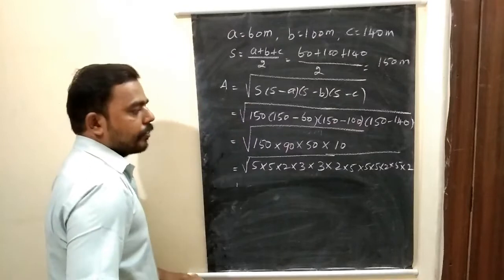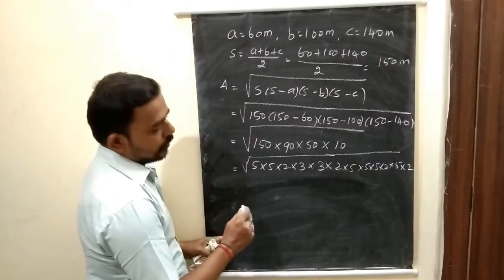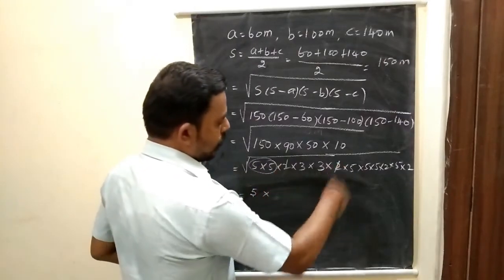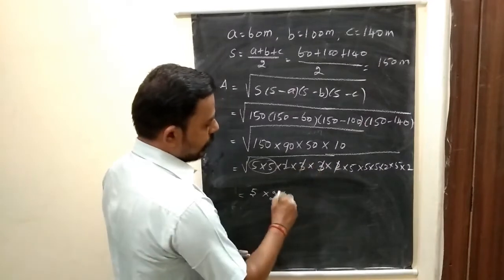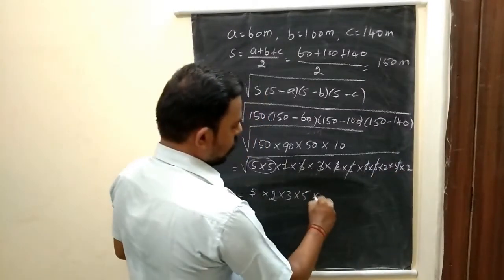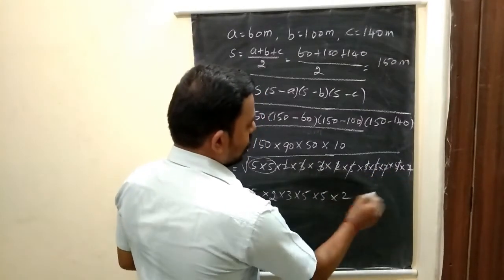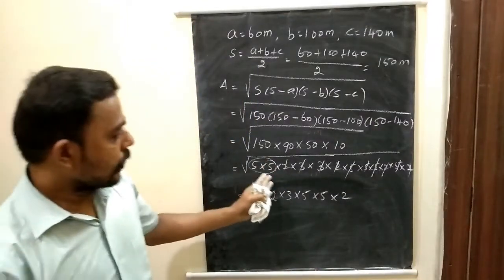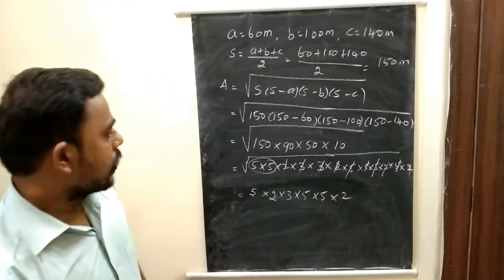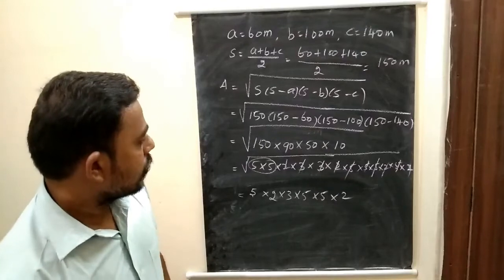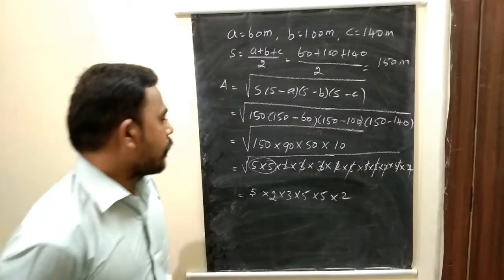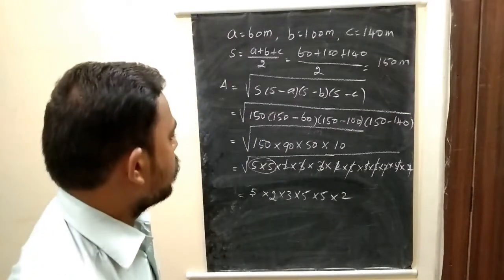Okay. For that, here first 5 into 5, 1 five. For 2, this 2 and this 2, 1 two. For this 3, 1 three. For this 5, 1 five. For this 5, 2 five. For this 2, into 2. There are no numbers in between in the square root. So for that, one 3 is missing.